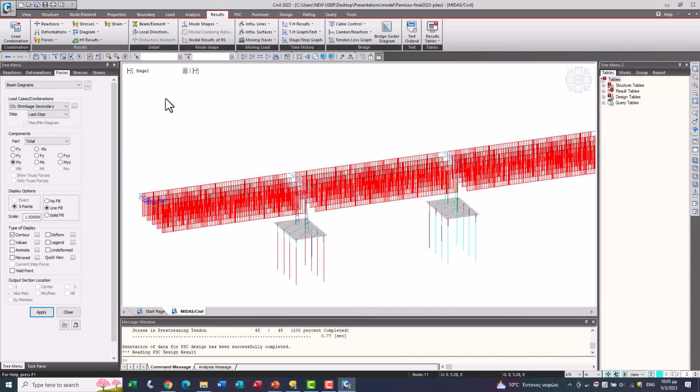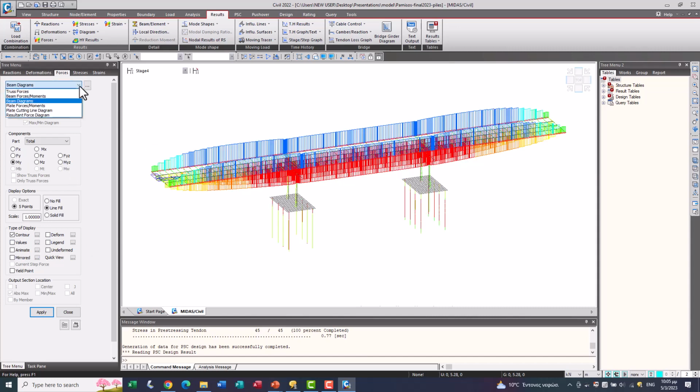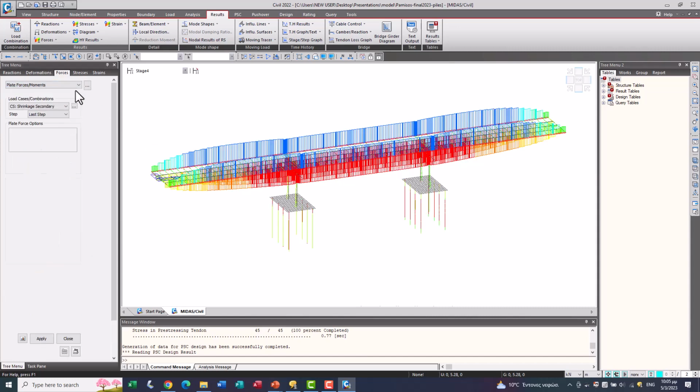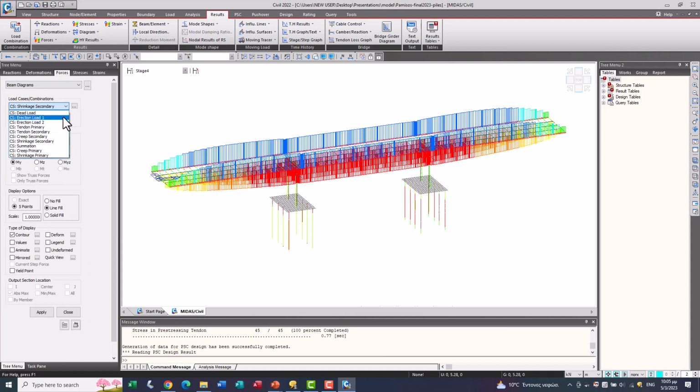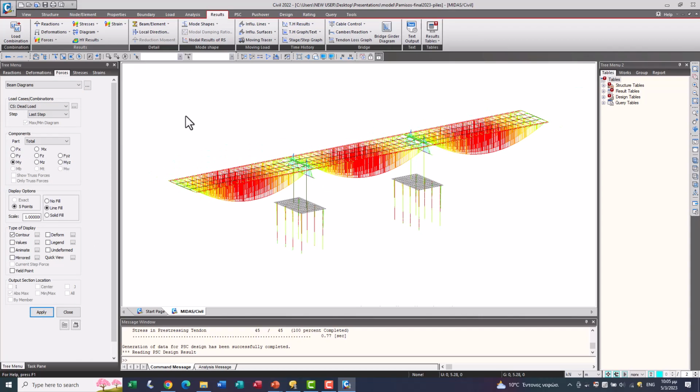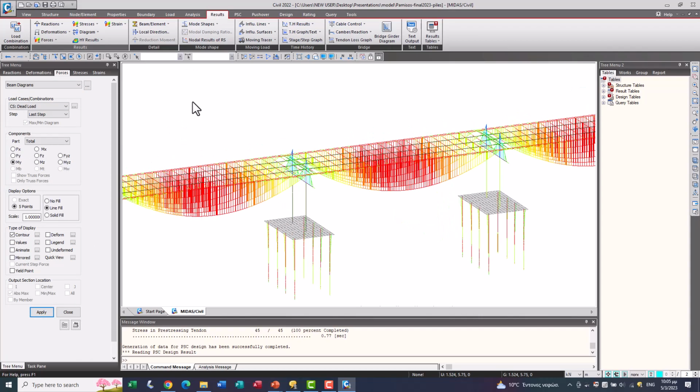Okay, stage 4. Dead load has been increased.